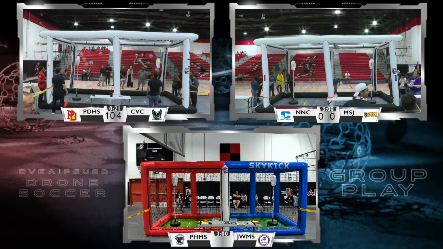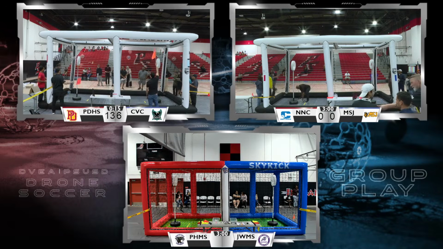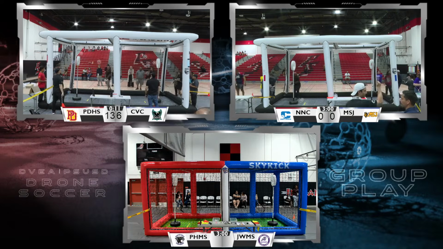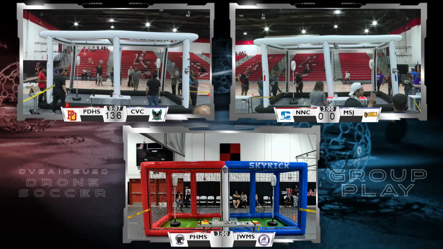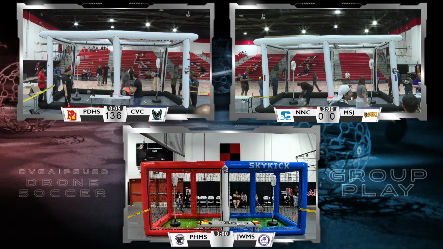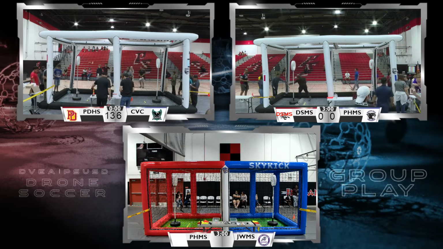As we're walking around, we can start refreshing those scoreboards. We have about 10 seconds left here, Sierra Vista Charter and Palm Desert High School. We can start refreshing those scoreboards as the final matches come in to see where our standings are. As a reminder, the top 8 teams will move on to a finals bracket.